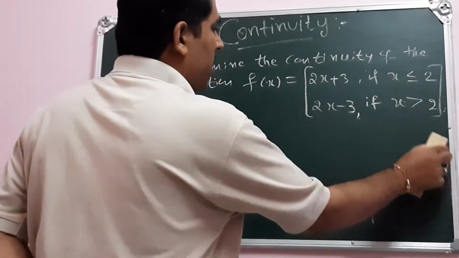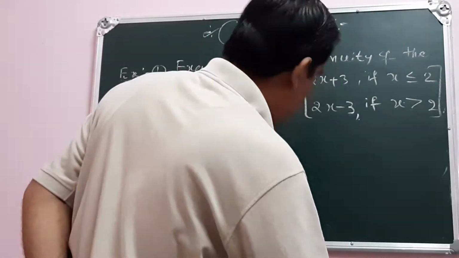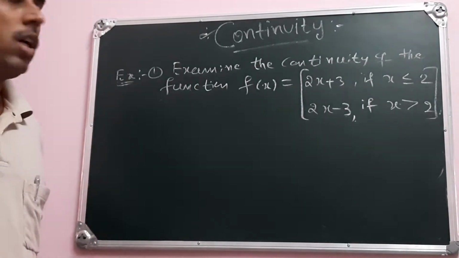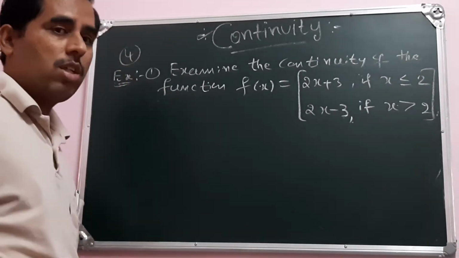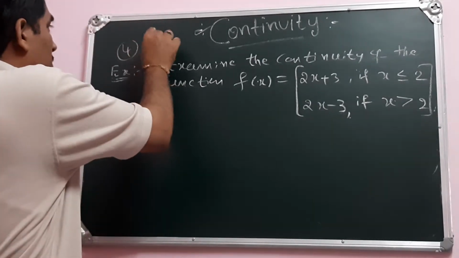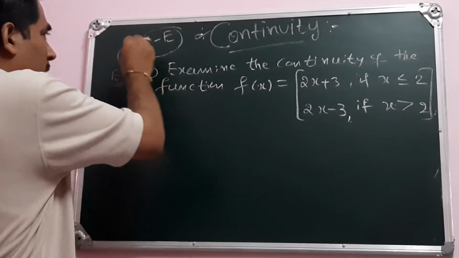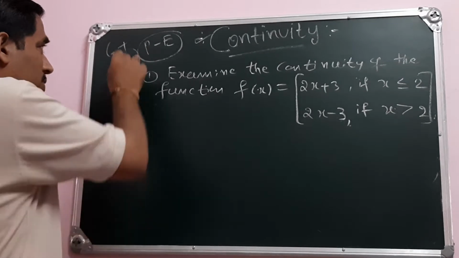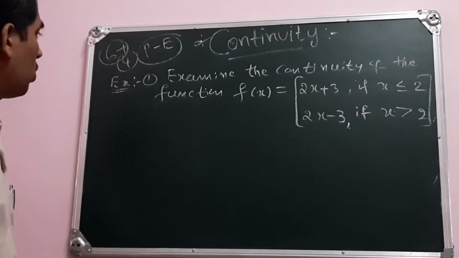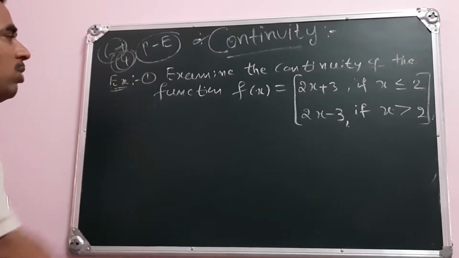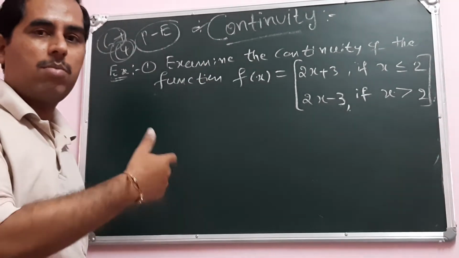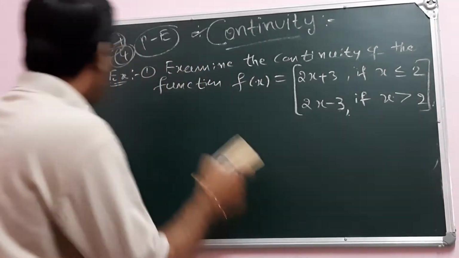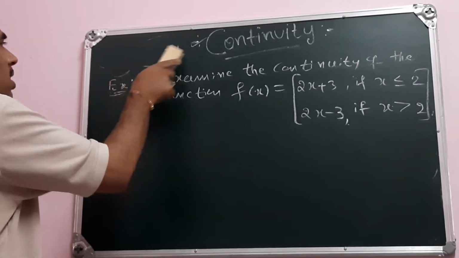Now in this class, let us consider some examples on continuity. These are the 4 marks questions which may appear in part E of the question paper, along with a 6 marks question, 6 plus 4. So one question of 6 marks and one 4 marks question will be attached. Usually we find the problems on continuity here. Let us continue our problems on continuity.